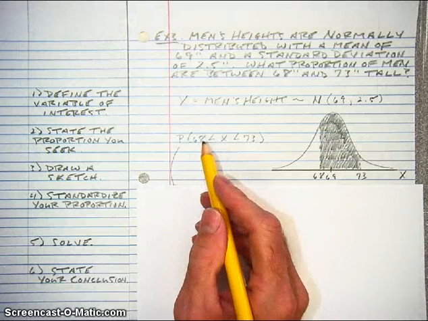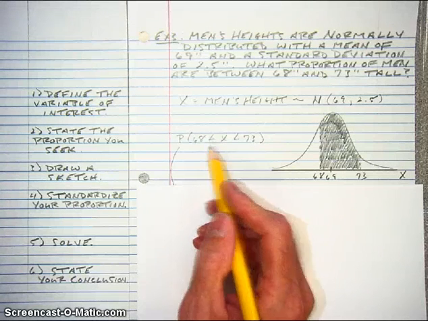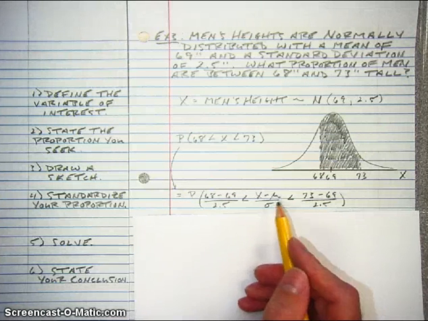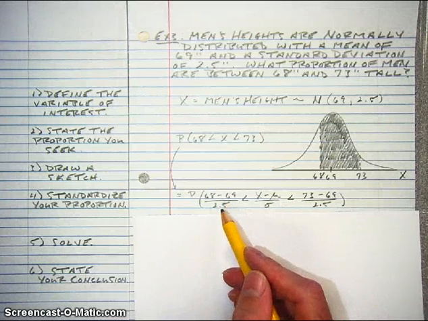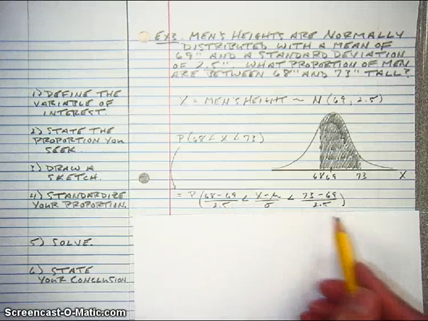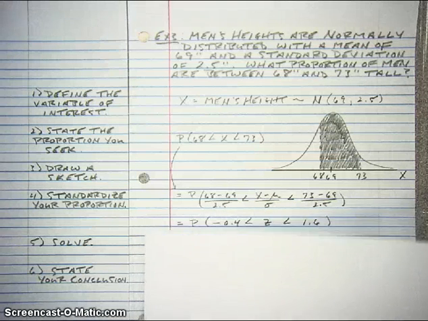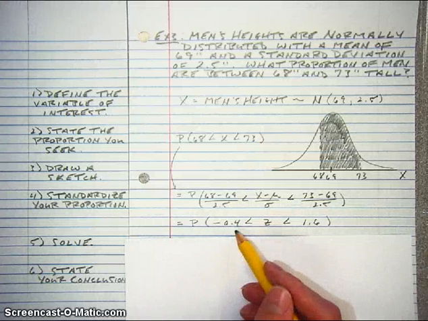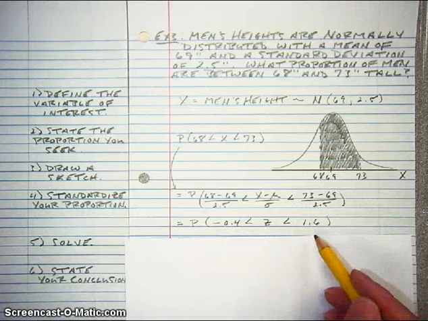So subtract the mean from all three parts, divide by the standard deviation in all three parts. In the middle, we're going to use the letters, mu and sigma, but on the ends, we're going to use the mean, 69, and the standard deviation, 2.5. And then we're going to simplify each of those down. The middle simplifies down to z, the left simplifies down to negative 0.4, and the right simplifies down to 1.6,